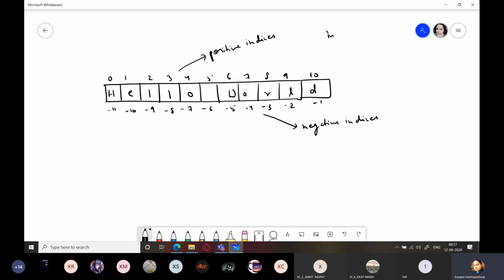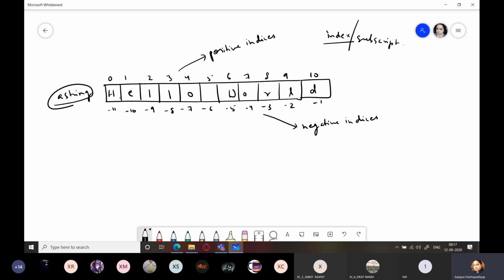So, positive indices and negative indices. Indices is the plural form of index. Index is singular, indices is plural. It is also known as subscript. And you can give any name, like I'm giving a name, a string. It's up to me what name I'll give, because this is an identifier which is user defined.